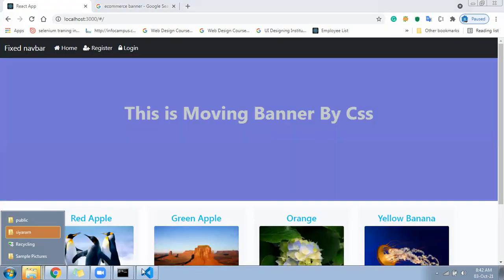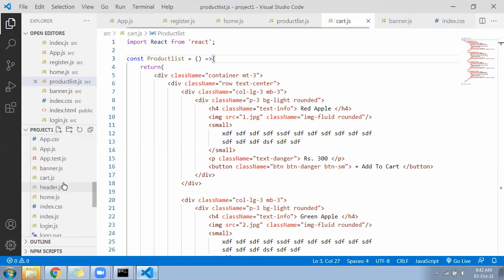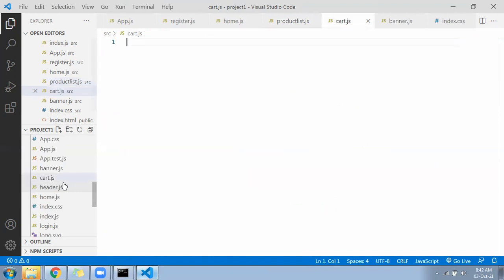Next, we are creating a component called cart component, cart.js. Go to the cart.js file. Inside that,